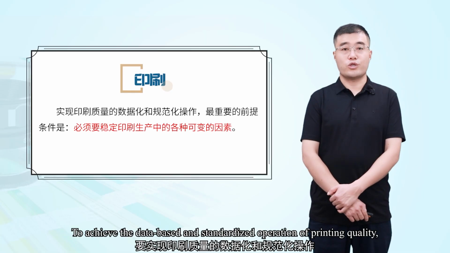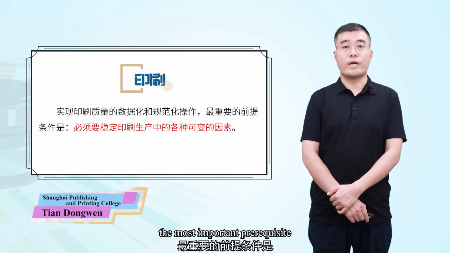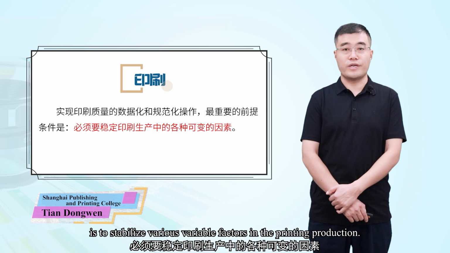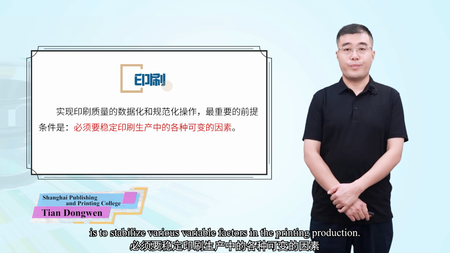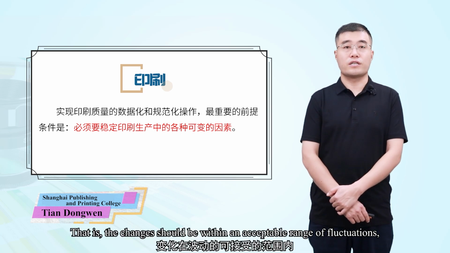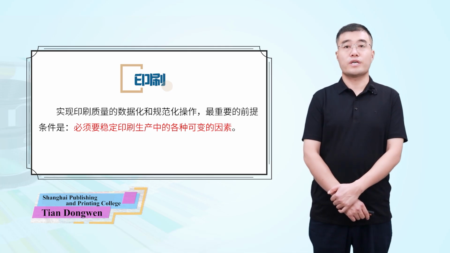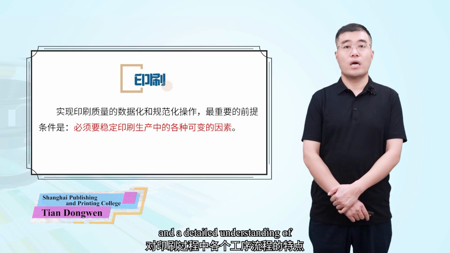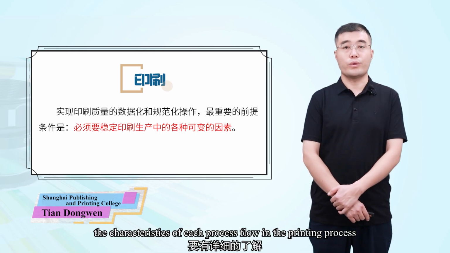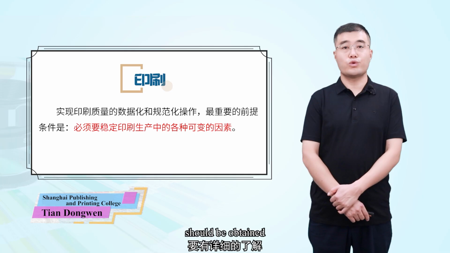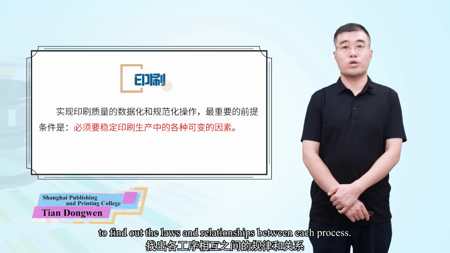To achieve the data-based and standardized operation of printing quality, the most important prerequisite is to stabilize various variable factors in the printing production. That is, the changes should be within an acceptable range of fluctuations, and a detailed understanding of the characteristics of each process flow in the printing process should be obtained to find out the laws and